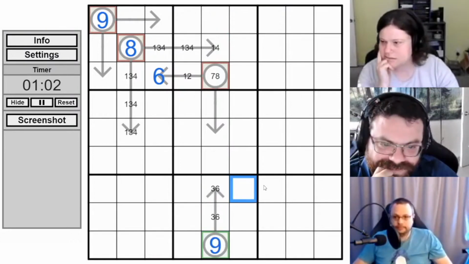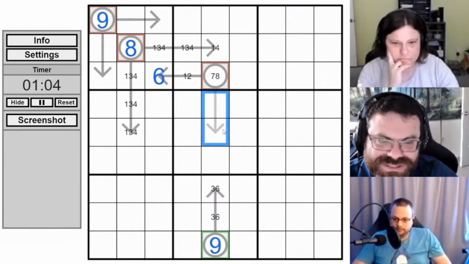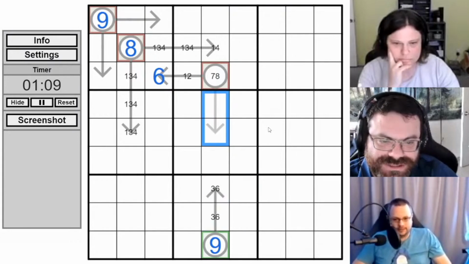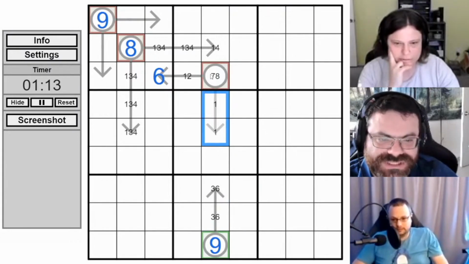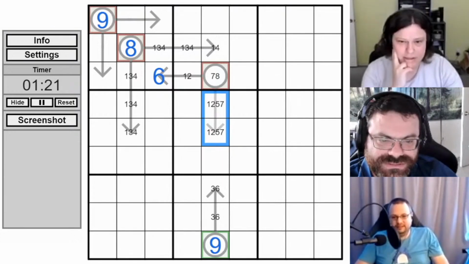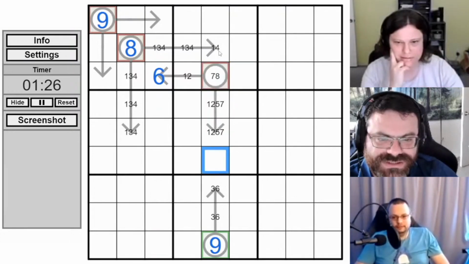And then this 7, 8, how do we add to that? 7 would be 2, 5. Well, 7 would be 1, 6, right? Oh no, it can't be 1, 6. 7 would be 2, 5, and 8 would be 1, 7. So there's definitely a 7 in these 3. So these are not 7.